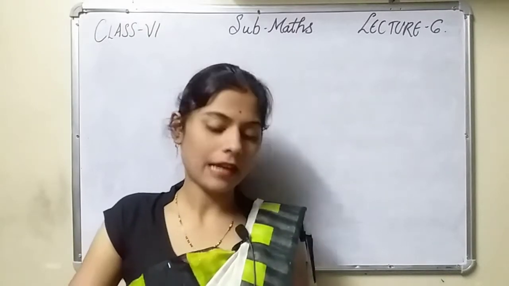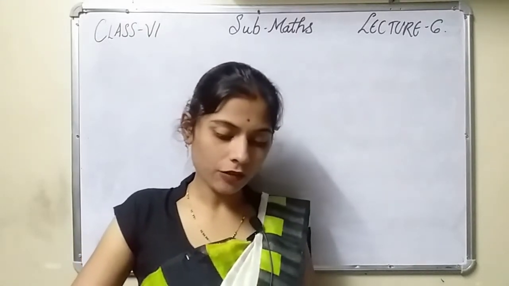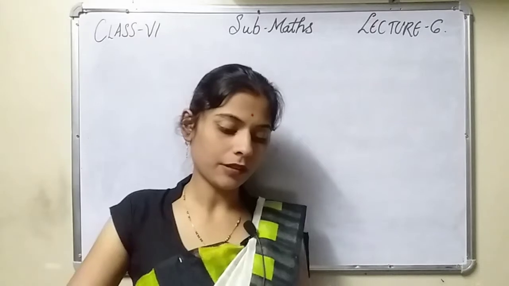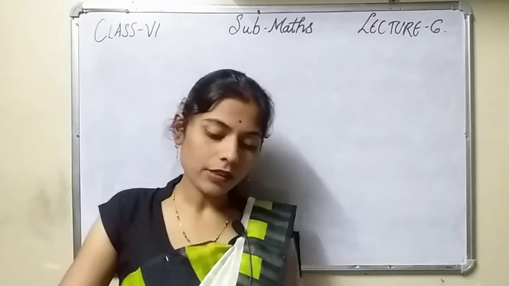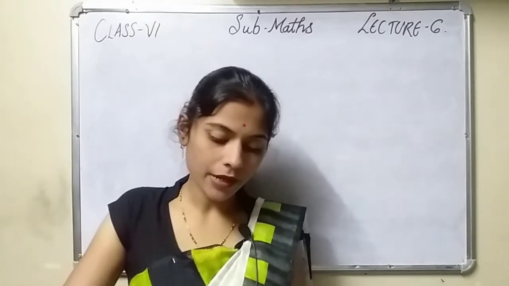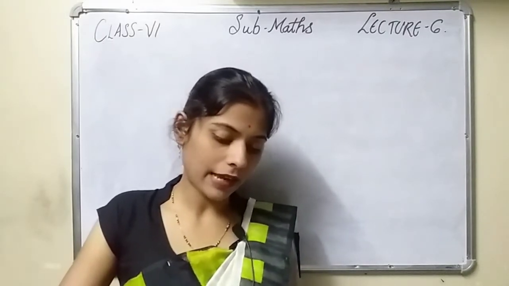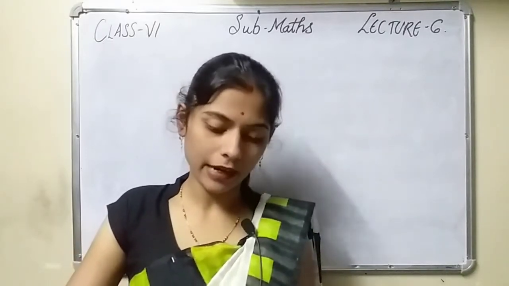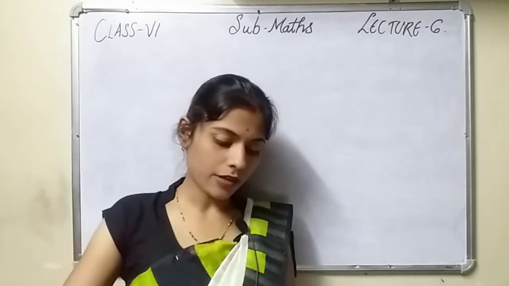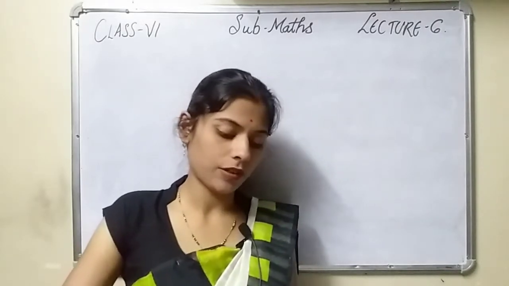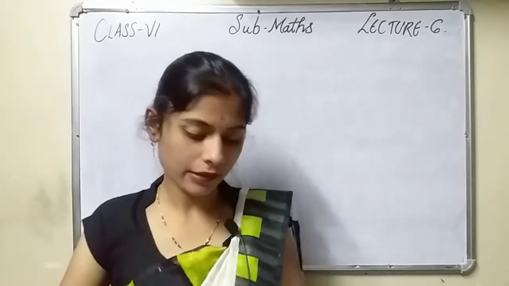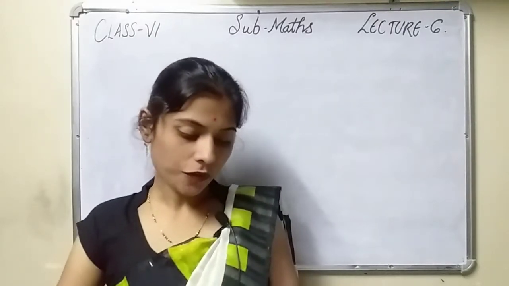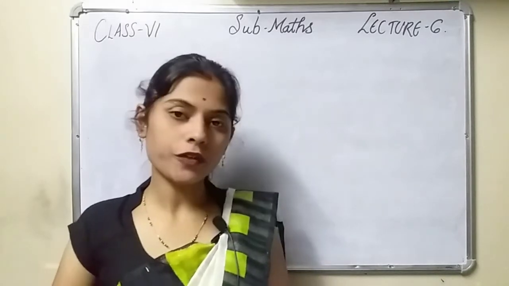Now, see example number 13. From a rectangular sheet of paper 30 cm by 21 cm, Lisa cut out equal square pieces of paper. She had to cut off 2 cm from the length and 1 cm from the breadth of the rectangular sheet to get these squares. What is the longest possible length of the side of these squares if the sides are full in centimeter? See, first of all you have to see what is the length of the sheet given here.